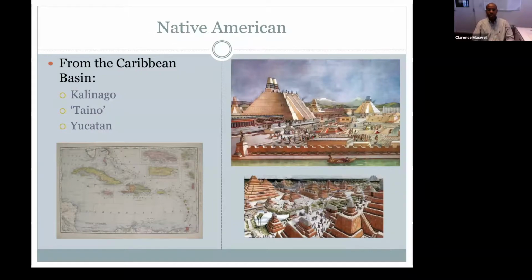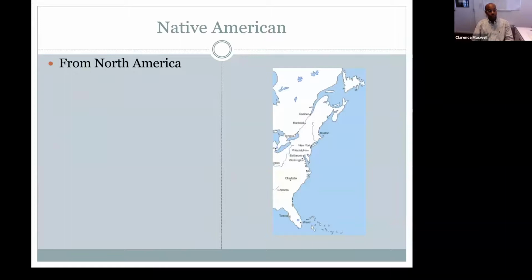Native American arrivals also must be seen to occur during this period, from the Caribbean Basin: Kalinago, Taino, and Yucatan. Interestingly enough, there was one reference to a person called Popelo of Somosenta who came from the Yucatan, more than likely of Mayan ancestry. So I put these pictures to demonstrate the wide range of Native American arrivals. But also from North America,